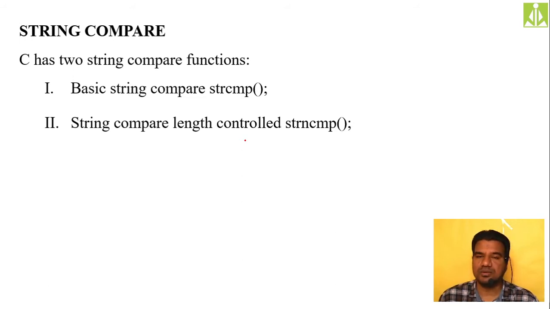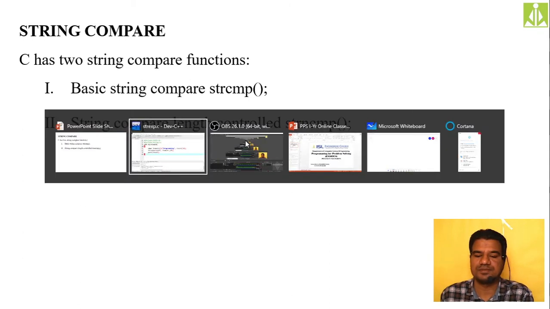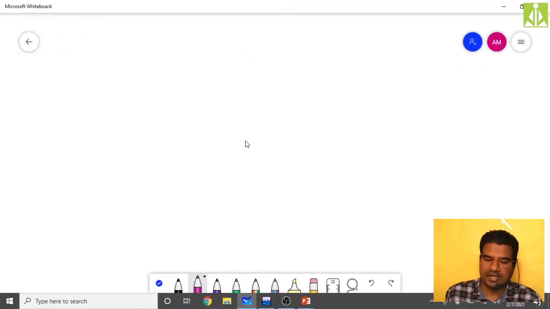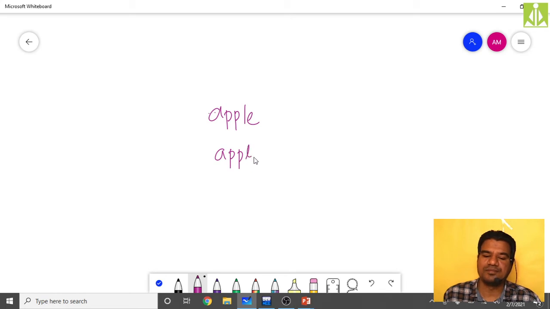So for string comparison, let us say I have two strings. The first string is, as I said, "apple", and the second string I am taking as "apple" only. Whether these two strings are equal or what? They are not equal, isn't it? So how will you come to know?